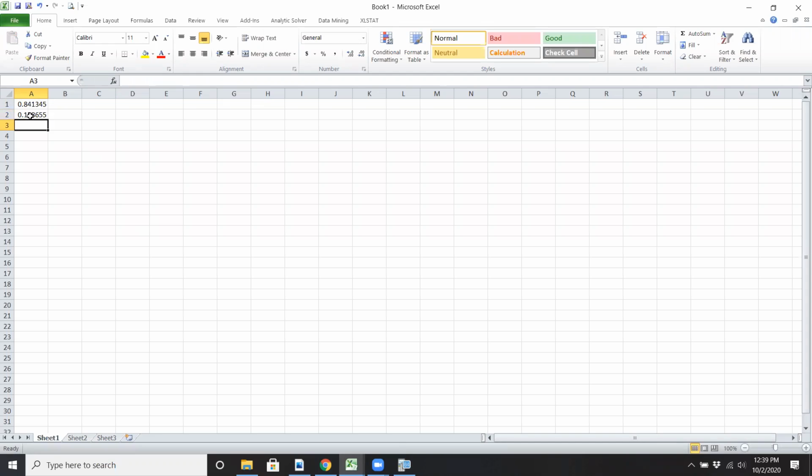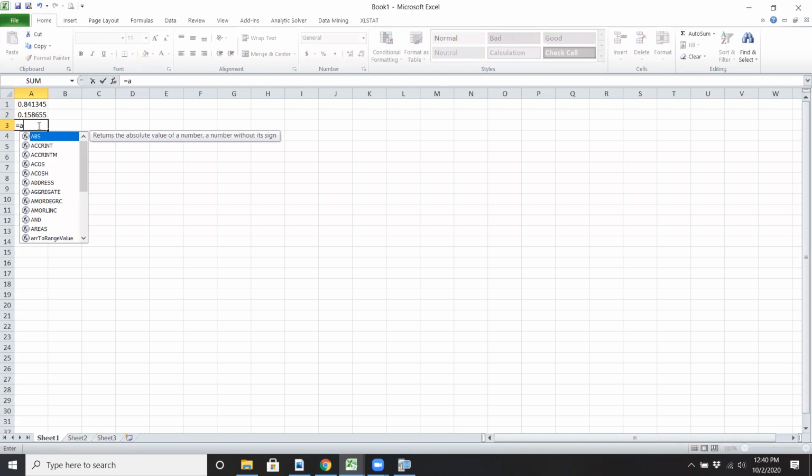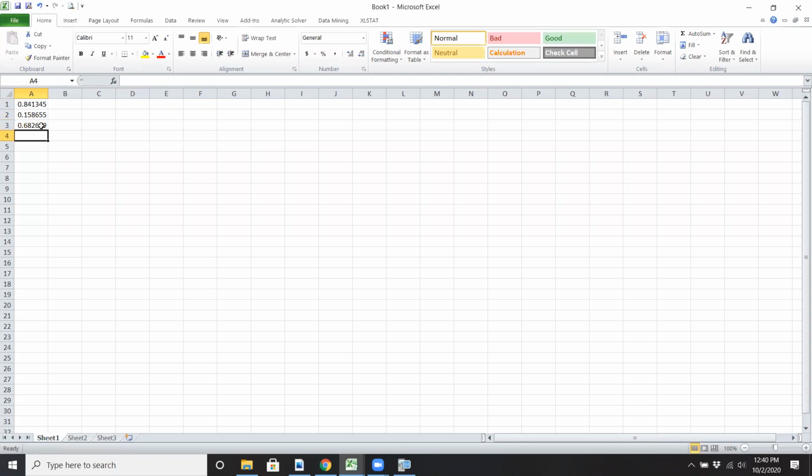So if you have a score of 65, 50% of data is still left of 65. Then I'm going to subtract these two from each other, A1 minus A2, because I want that difference, and you get 68%. And the reason I want to subtract, if you think about it geometrically what's happening,